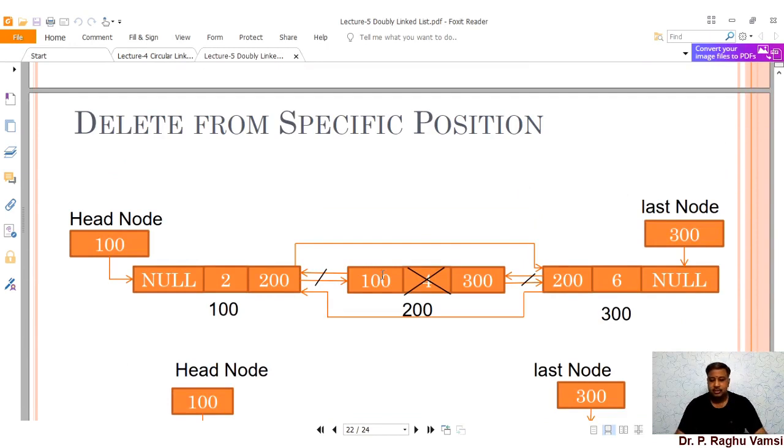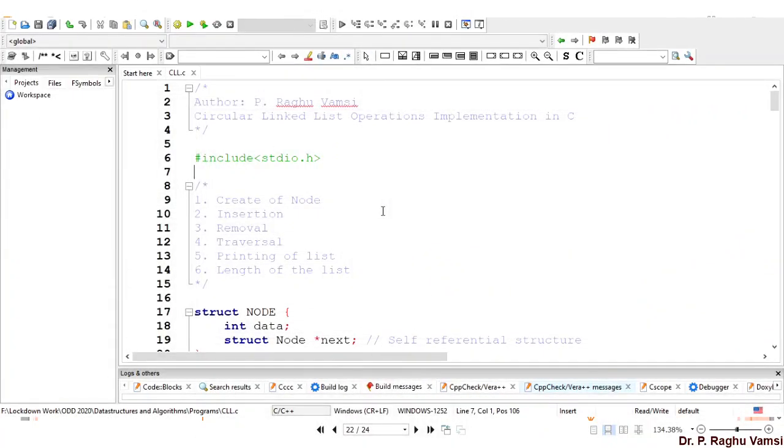Now we'll see how to do the coding part. My way of writing code is somewhat different from other coding tutorials. I will use the same type of code throughout to the end of the data structure.